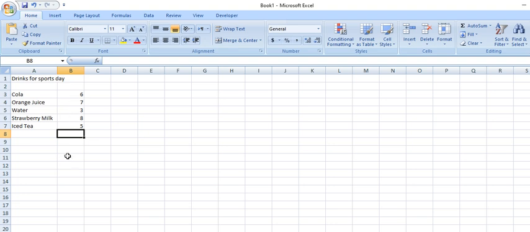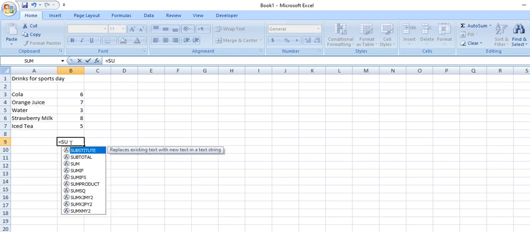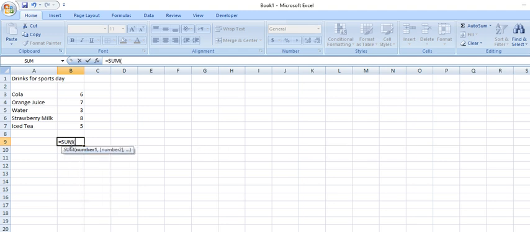Now the second thing is use a function to add up the total. Now for example, in this column, for adding the data we will use the sum function. So the first thing is every formula starts with an equal sign. So first of all we will write an equal sign, then we will write down SUM, bracket start. Now which is the first number that we are going to add is B3. We will use the cell reference.